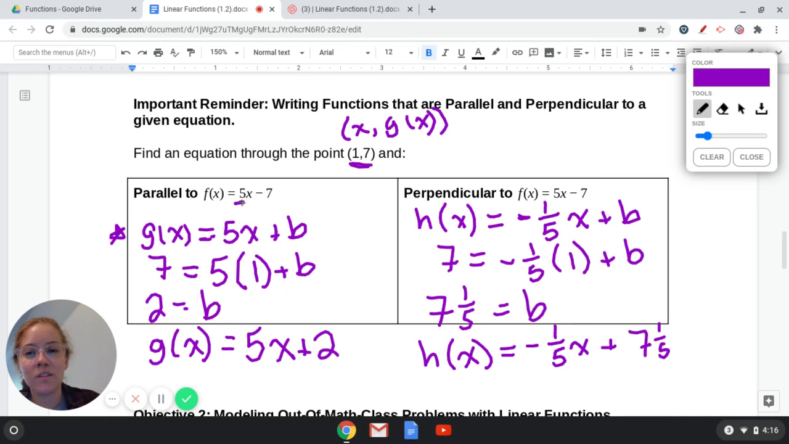So really the key here is the slope. Parallel slope is the same slope. Perpendicular slope is the opposite reciprocal. And then knowing how to solve for b given a point and a slope. How to write the equation when given a point and a slope. I also could have just used point slope form,